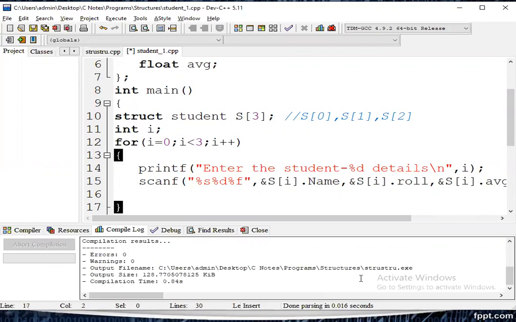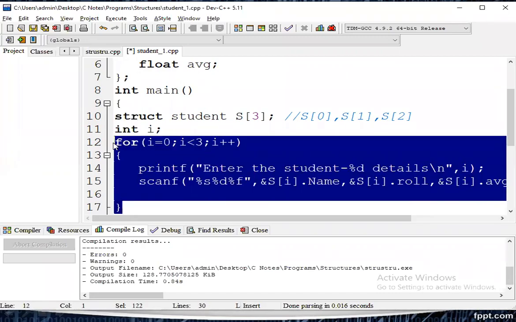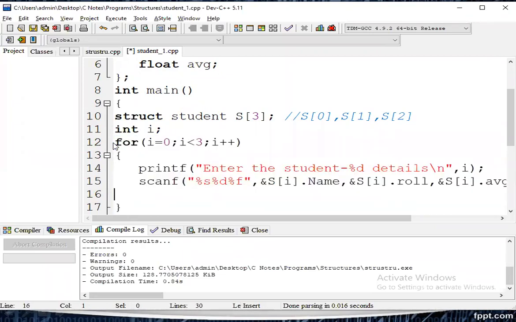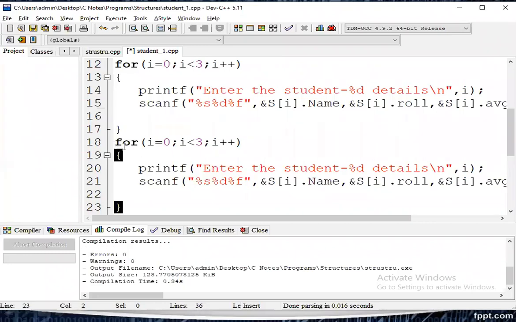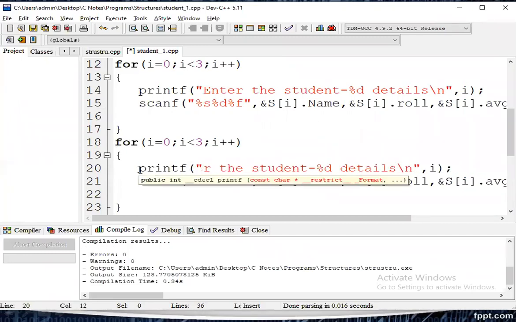Next, how can we print the information? By using the printf statement. For that purpose, we can take one more loop statement. Printf "Student details".